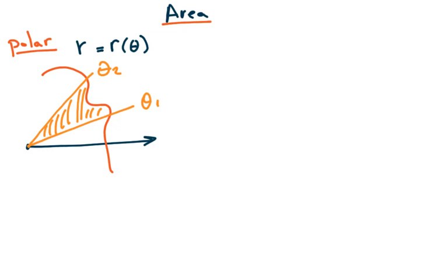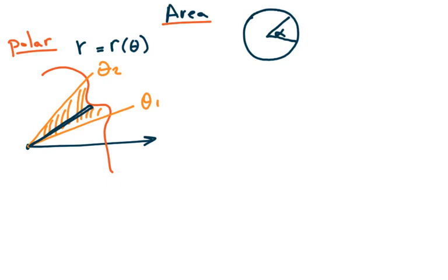In order to calculate this area, we are going to decompose this shape into very thin wedges here. And so we're going to integrate them. For that, let's recall how much is the area of a sector of a circle. So if we have a circle like that, how much is the area of a certain section here determined by an